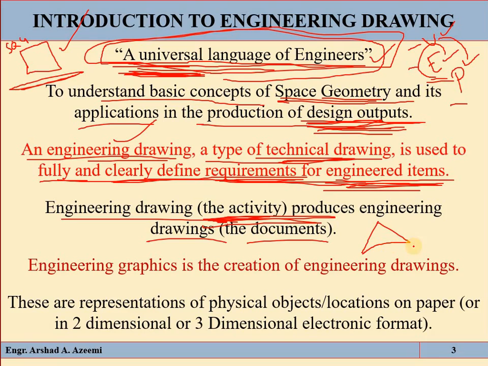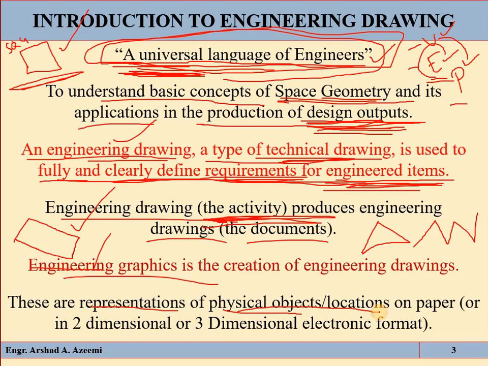The activity of drawing these different types of lines is called engineering drawing. And then we have engineering graphics. When we draw different types of lines, we get a sketch, which is called graphics. Actually, engineering drawing is the representation of a physical object or of a location